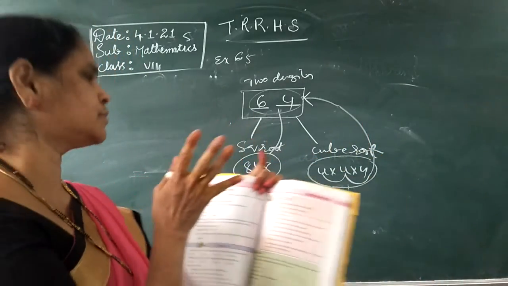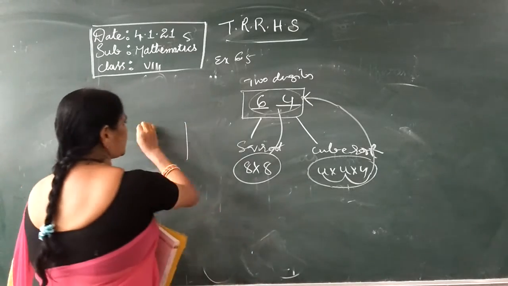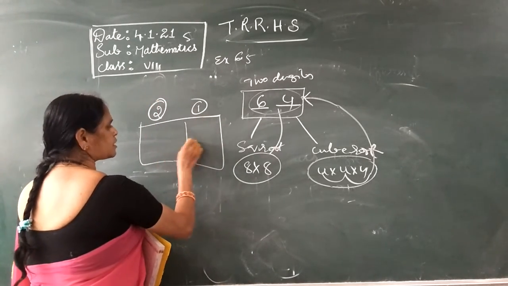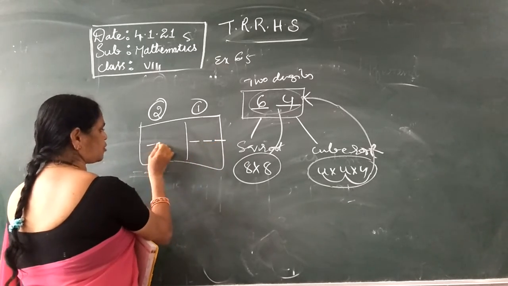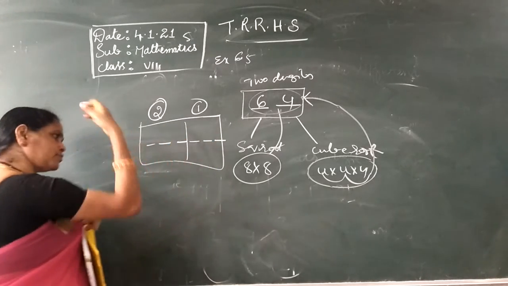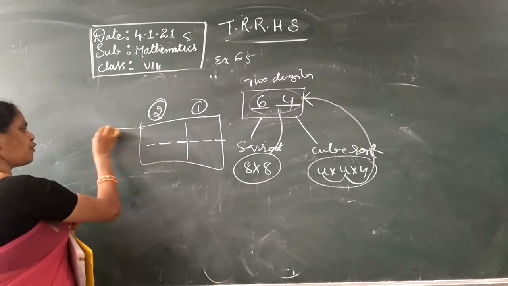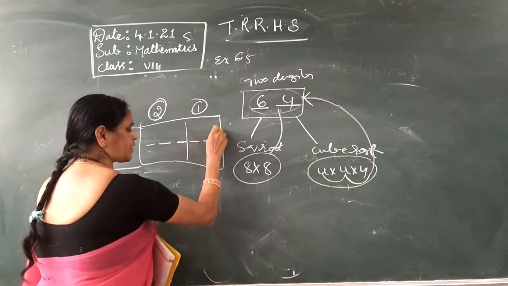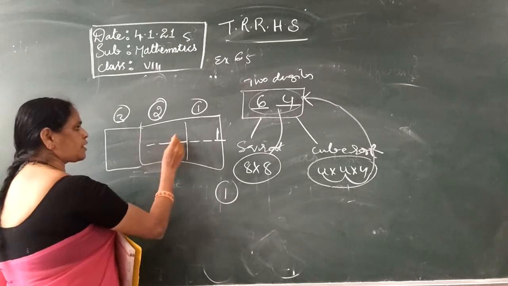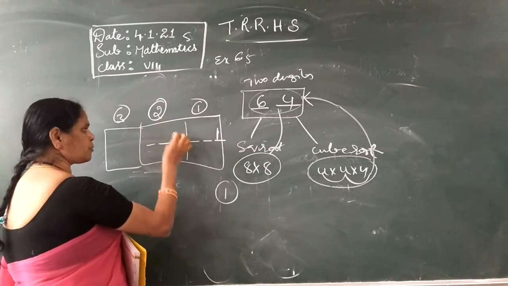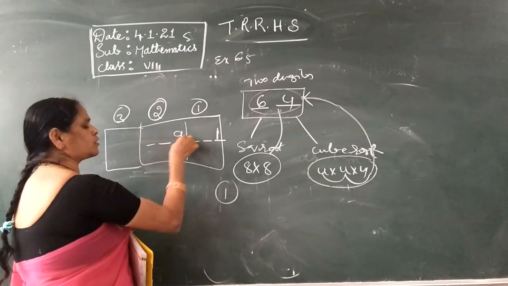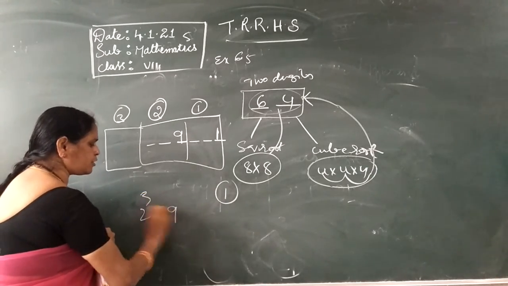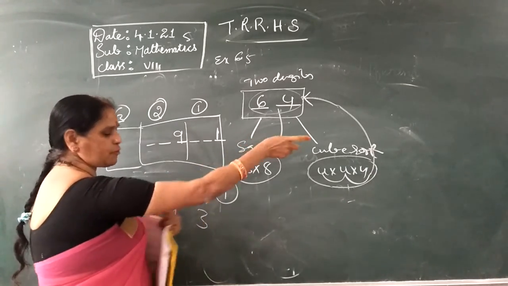First, you have to take 2 groups. You divide it into 2 groups: first group, second group. The first group with 3 digits should be there, and the second group also. If you have 3 digits in the second group also, let it be. Then you form one more group, a third group. So the last digits you have to take and keep here. And next, in the second group only a single digit is there, 9. Take this 9. So this 9 is nearly which cube root? 2 cube root, 3 cube root, as I said in the previous problem.